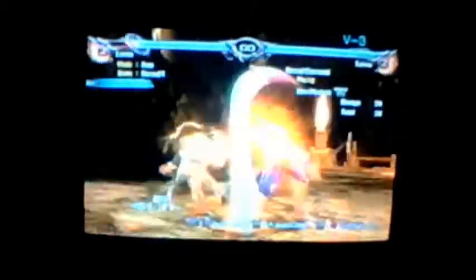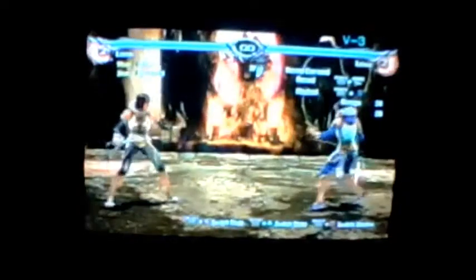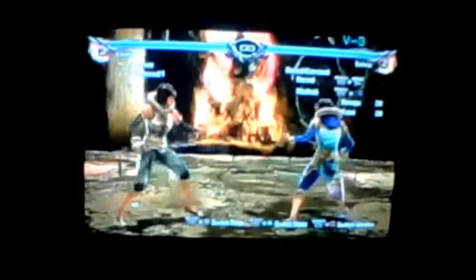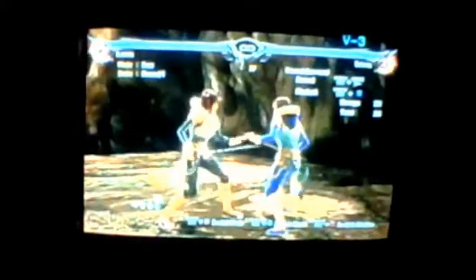sometimes people will like to get up and try to step to avoid the low, and as you can see, 2-2K slide A will catch them for a counter hit and still continue the combo anyway. So no matter what they do, they have to really kind of guess between either stepping or blocking low, which would cause them to eat 2-2K slide A, or